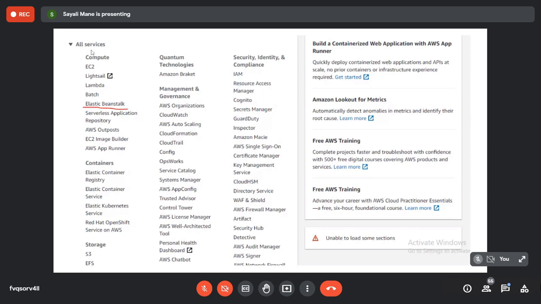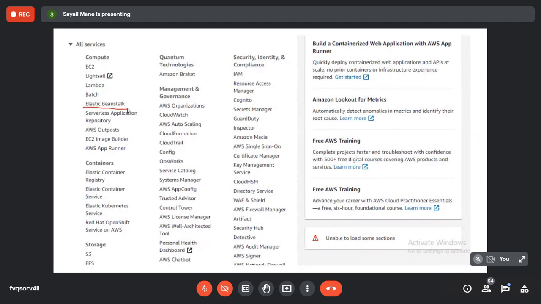Click on all services. First, go to the AWS Management Console. Those who have missed the steps, I will repeat all the steps. Just check, click on the AWS Management Console. Yes, ma'am, I'm on my management console. There is a section called build a solution. Here, click on all services.